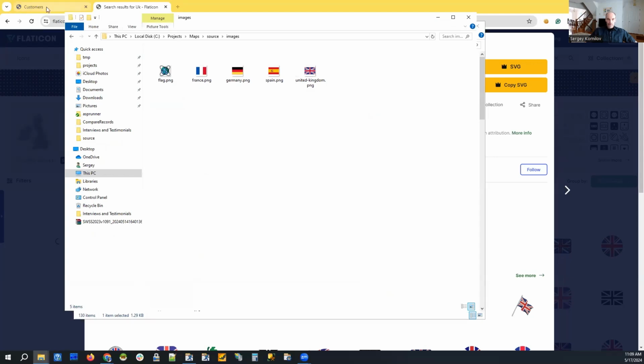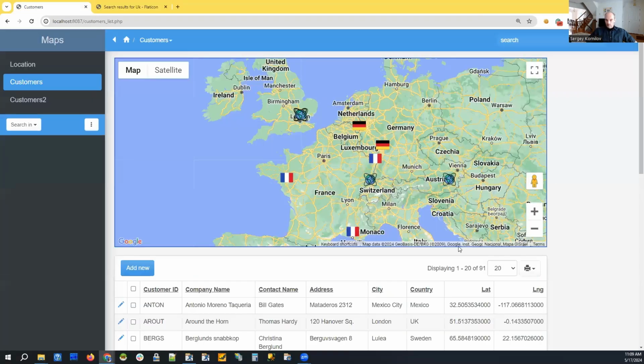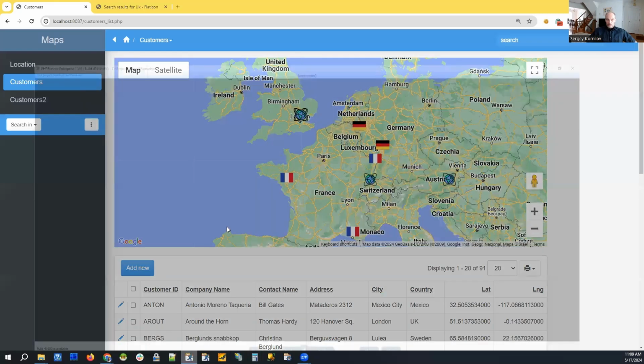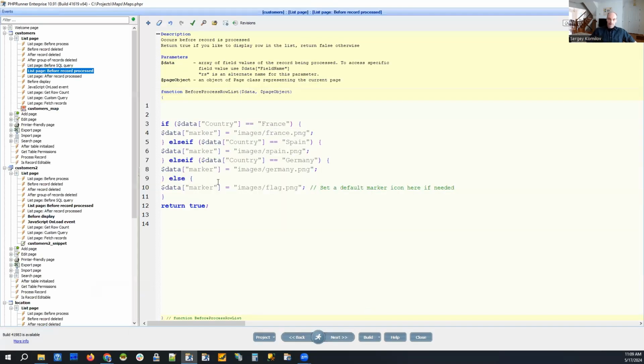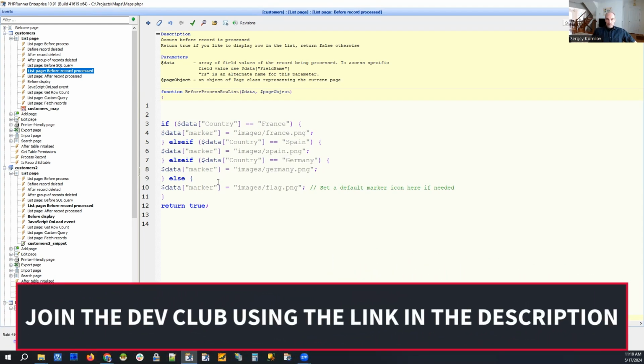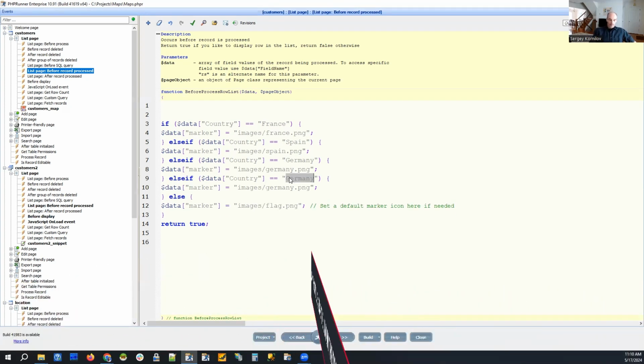Okay, let's take a look. What's the name? It's UK, just UK. So we need to modify our code, adding one more if statement, right? We can just copy and paste, which is not always the best idea, but it's going to work in this case. Country name UK, and file name is